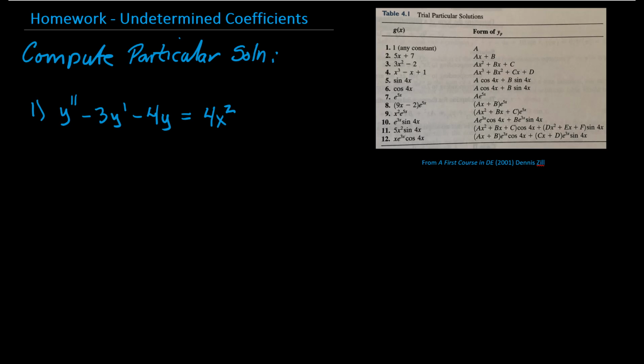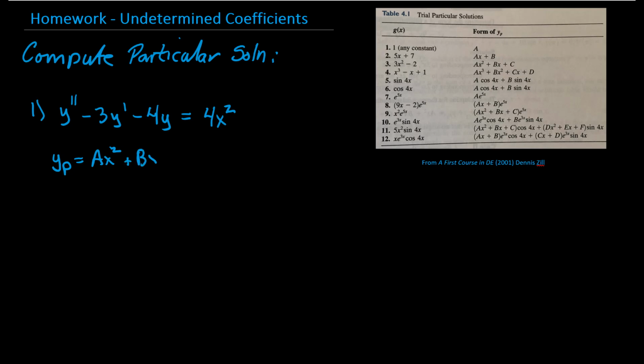In the first problem here, we're looking at y double prime minus 3y prime minus 4y equals 4x squared. The first thing we want to do is to look at the function on the right-hand side. It is a polynomial. Now I've provided here a little table of suggested trial particular solutions. In our right-hand side, we have a quadratic. Aha, that's something like this, which essentially means that we're going to let our particular solution be of the form ax squared